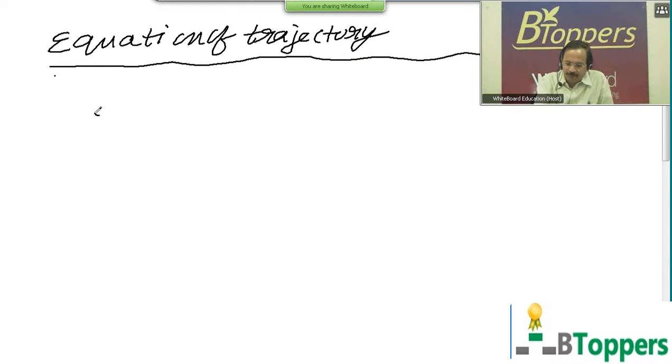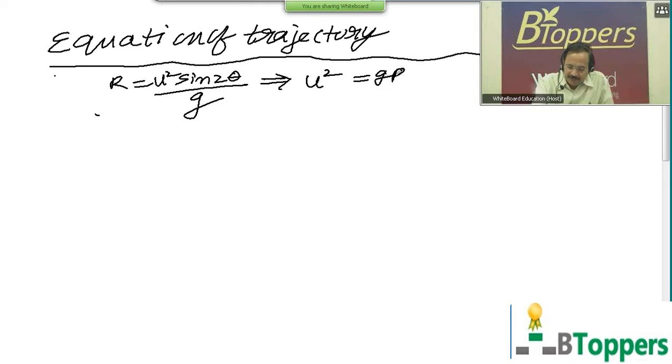So I'd like to discuss how we can express the equation of trajectory in terms of the horizontal range of a projectile. As I discussed in the case of oblique projection, the horizontal range, or when the projectile returns to the horizontal plane of projection, in terms of initial speed u is given by R equal to u square sin 2 theta by g. So from this equation, you can write u square equal to gR by sin 2 theta.